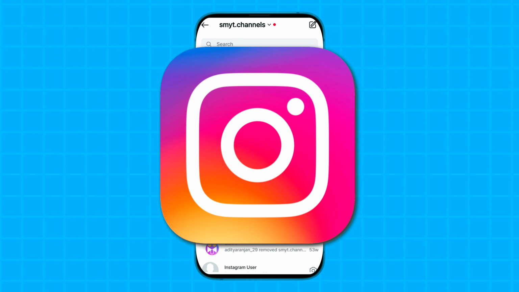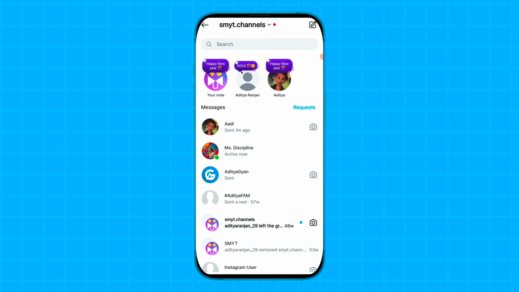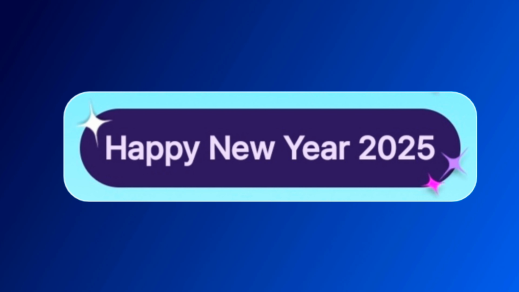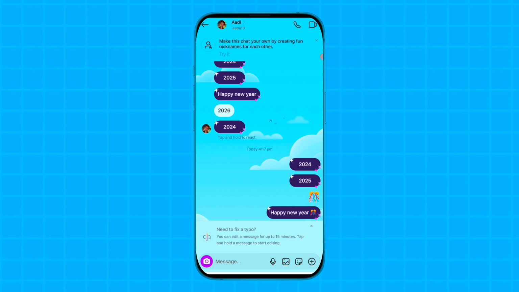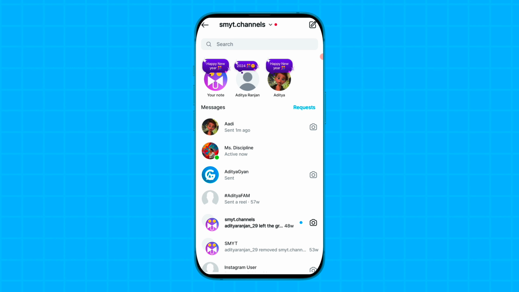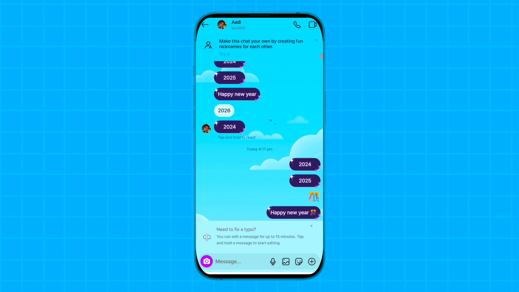So hey guys, in this video I'll tell you how you can use this kind of purple chat effects on your Instagram notes or messages. So friends, to use this kind of feature of chat effects, first of all update your Instagram application from Play Store or App Store. Or guys, if you want to use this chat effects in messages, then you need to